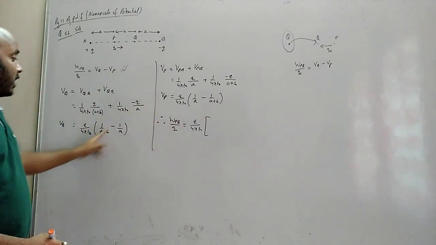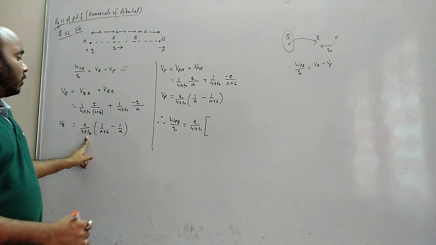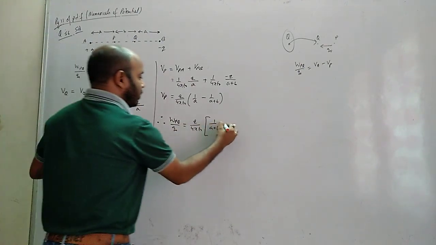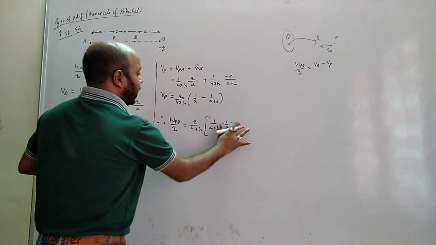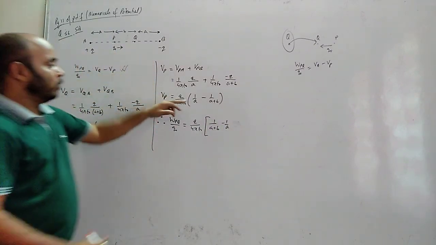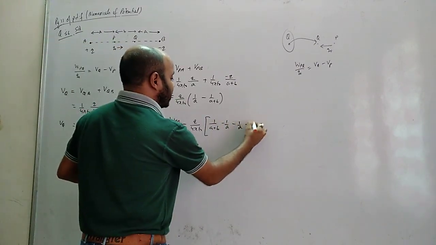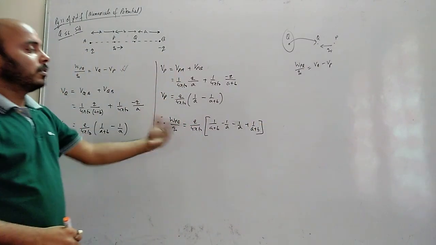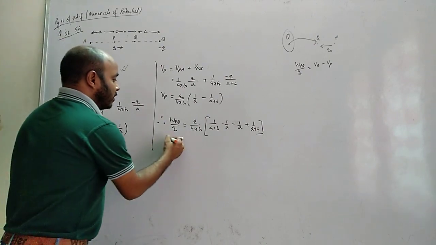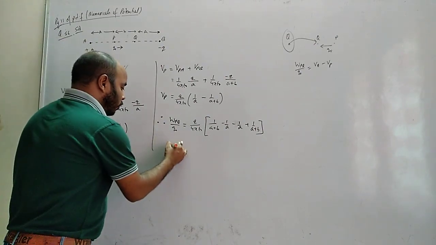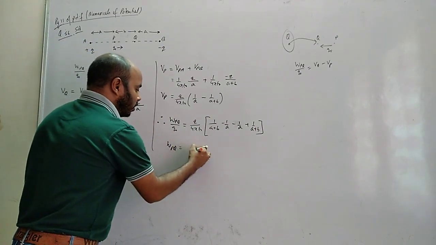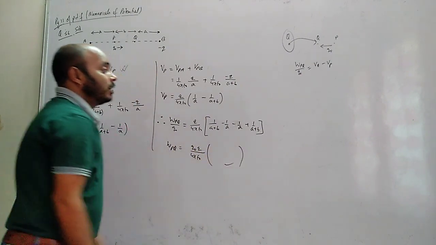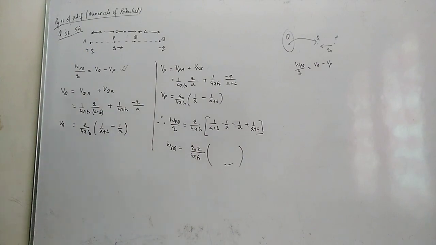So, if in both the cases Q by 4 pi epsilon naught is common, what is left? 1 by A plus B minus 1 by A. Minus Q, that is minus 1 by A plus 1 by A plus B. Now, this you can solve on your own. You get the answer. So, we need to find work done. Work done from P to Q will be equal to Q naught into Q by 4 pi epsilon naught into whatever you will get here. The solution is there in the PDF. These calculations you can do.